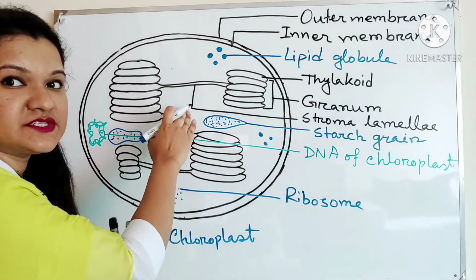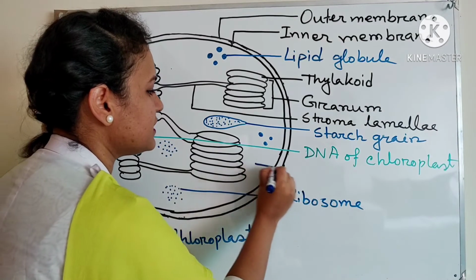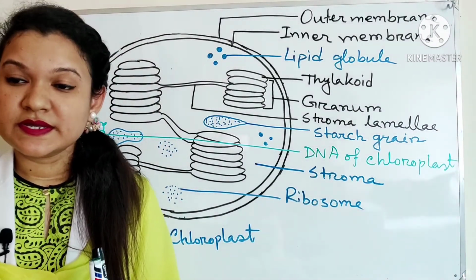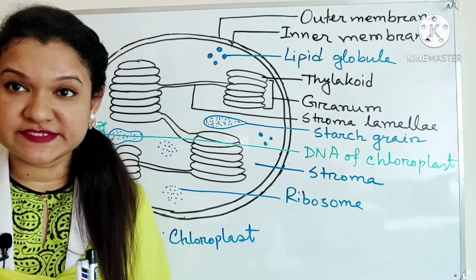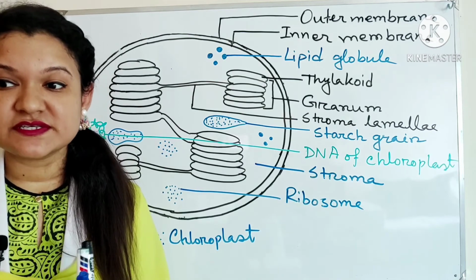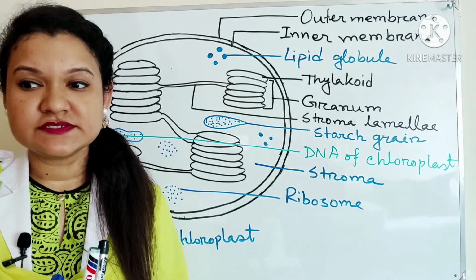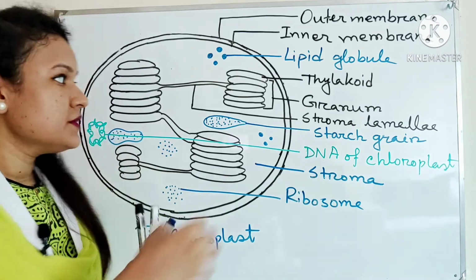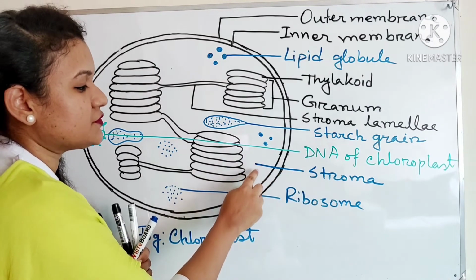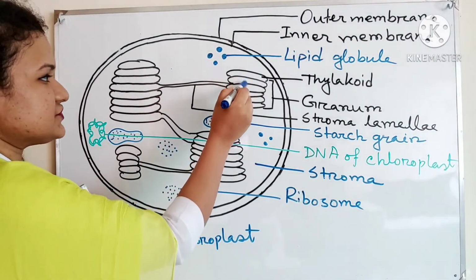Hygroscopic colloidal matrix or lipid are bounded by membrane, and this place is called stroma. And here carbohydrate producing enzymes are present. We know that photosynthesis has two stages, one is light phase and another is dark phase. That means carbon dioxide reaction pathway where C3, C4 and Calvin cycles occur. So the C3 carbon dioxide reaction pathway occurs in this stroma, and then numerous sac-like structures are